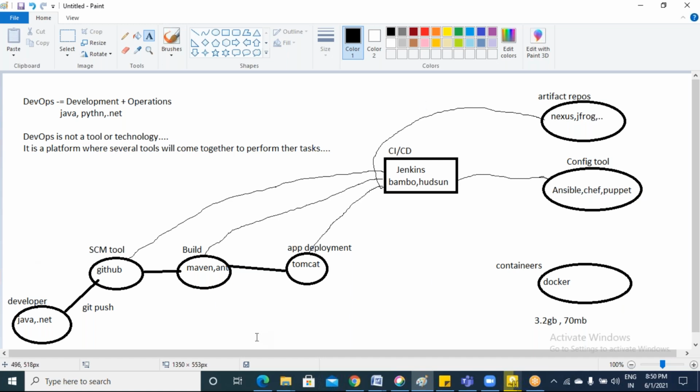Okay, so again here also we no need to pay the salaries for many people, right? If we can hire only one or two persons, they can do all these things. So the entire work, the Ansible work, Jenkins work, Nexus work, Tomcat, Maven, GitHub, all the work will be done by one single person, right? So here again cost will be reduced. In this way Docker will work.